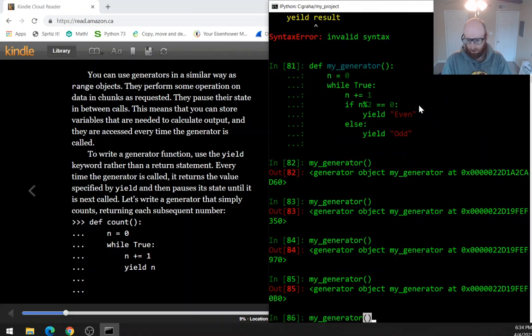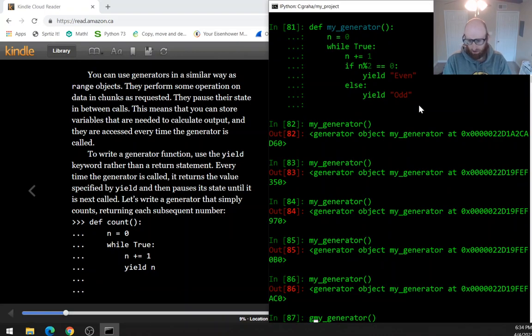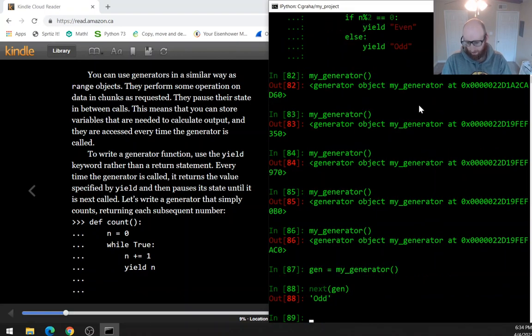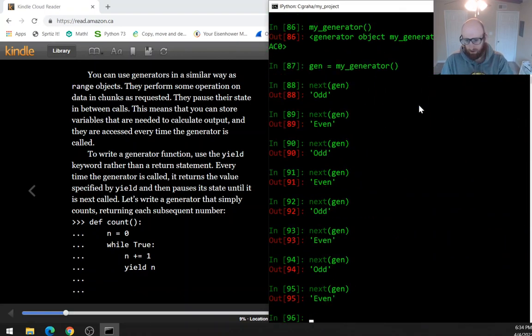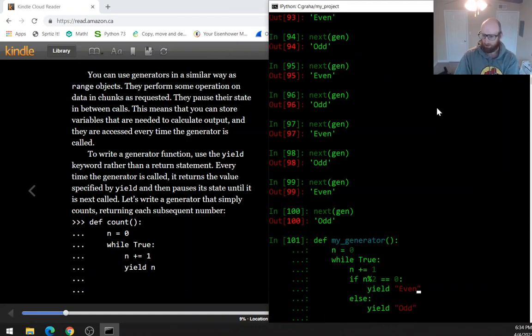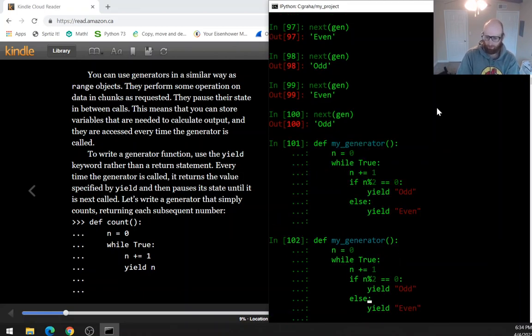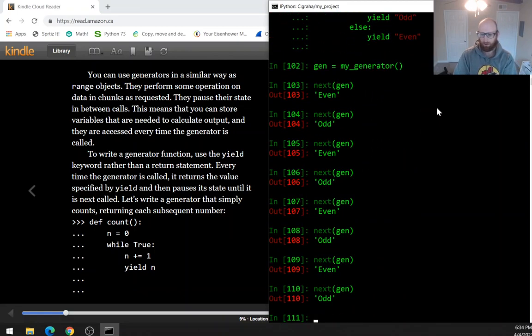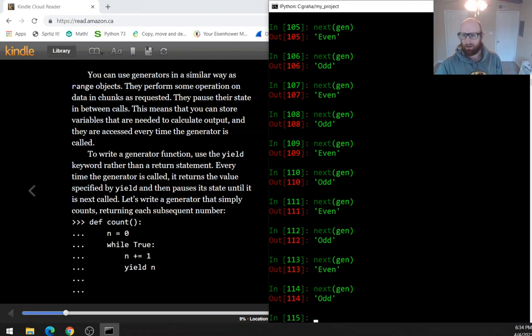Okay, so now let's save it. So we're going to call it gen equals my generator, and we'll do next gen. There we go, and now it saves the state. Looks like it started with odd instead of even, but that's just a matter of changing it here. There we go, and now if I redefine my generator and keep hitting next, we can see it starts with even, and it flips back and forth between odd and even afterwards,